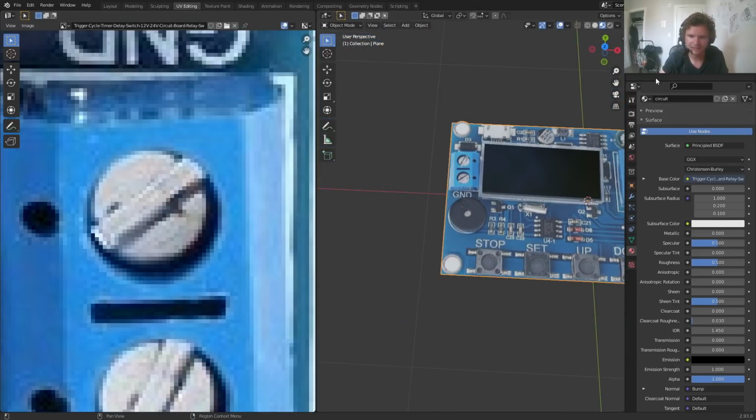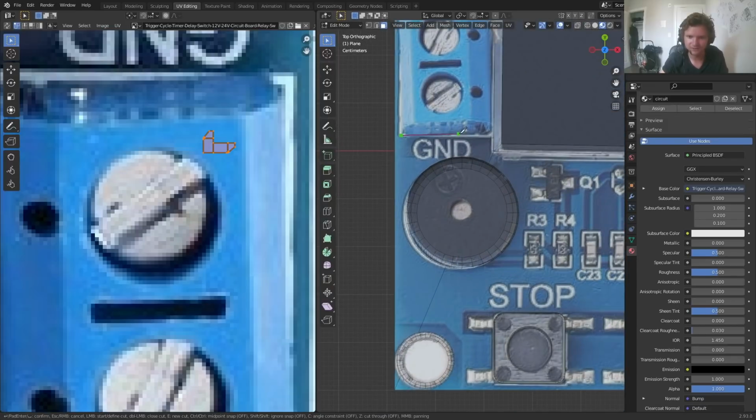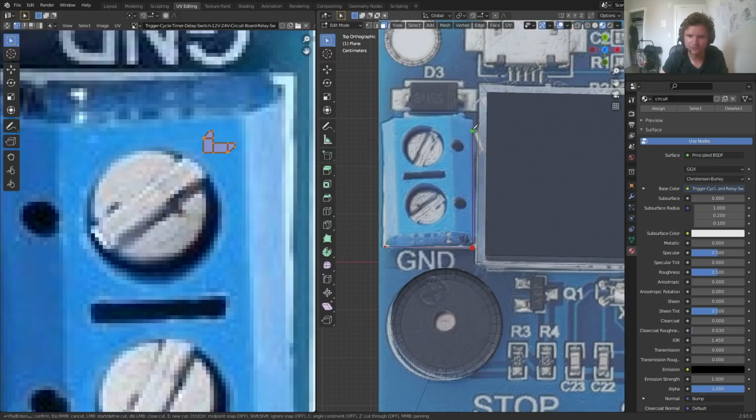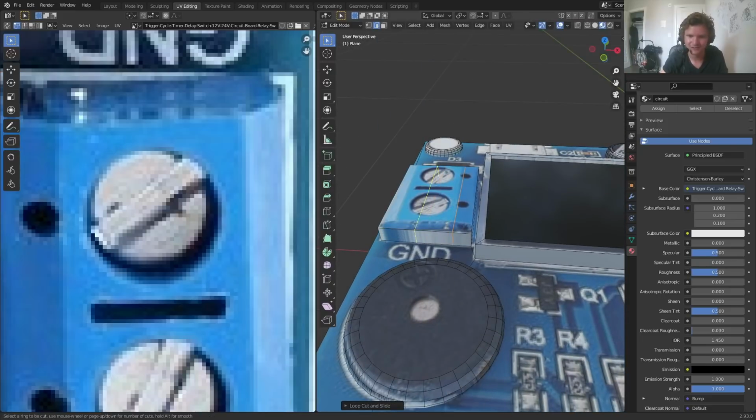Okay, we've done it for that side. Let's do it for this side. Just a little something, a little dab will do ya. This, extrude, loop cut,